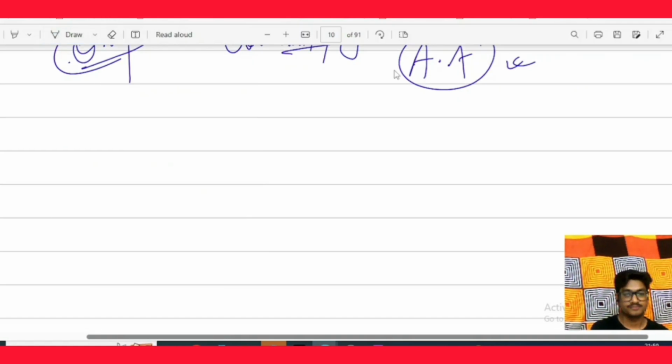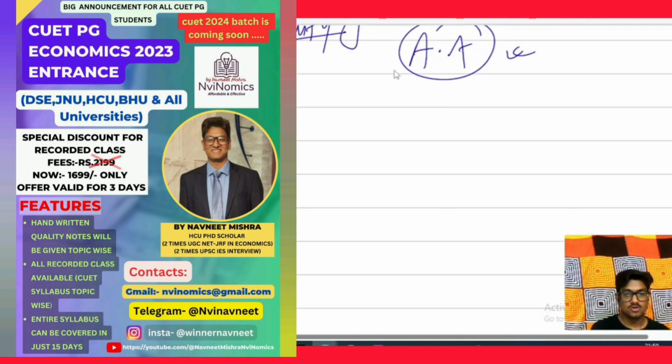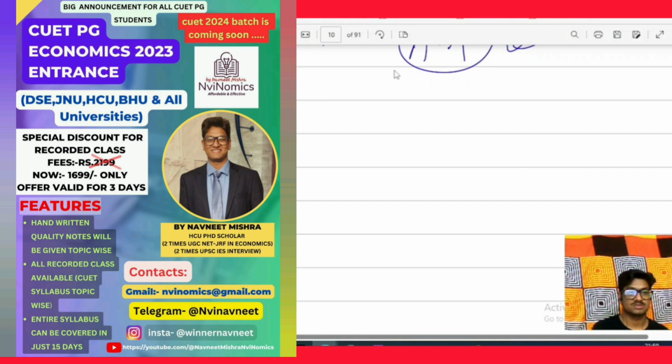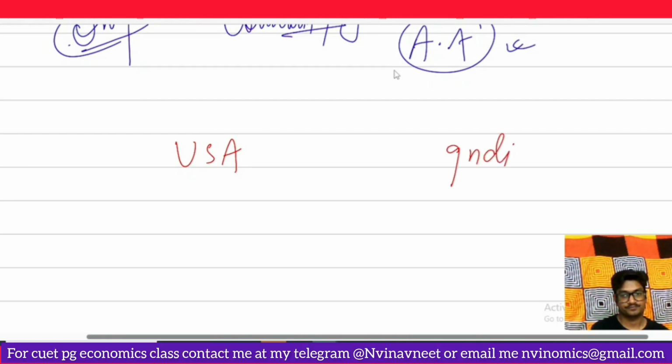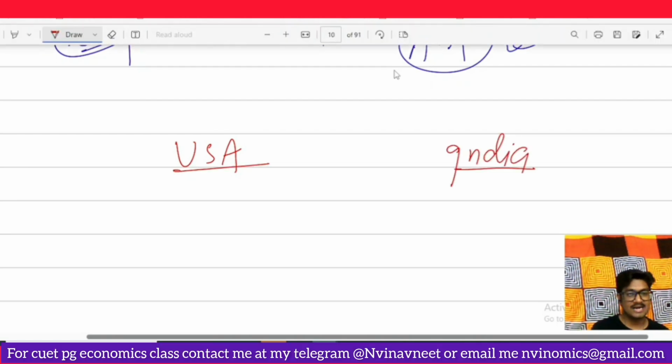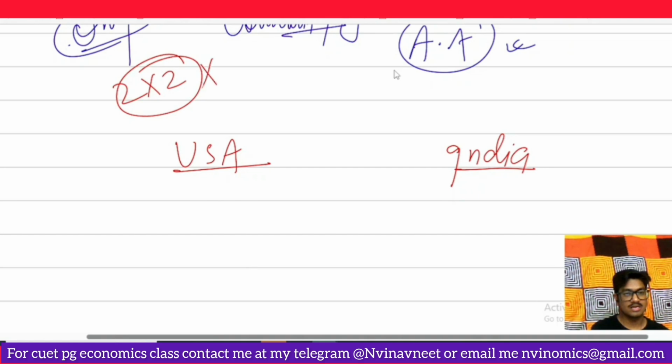Now let's see the example. See here, let's say two countries, USA and India. Okay, and there are two commodities, two countries, a 2x2 model, and labor is there. This is also like that only. Ricardo में भी यही था. So here we have taken first, let's say wheat. One is wheat, and next let's say cloth.